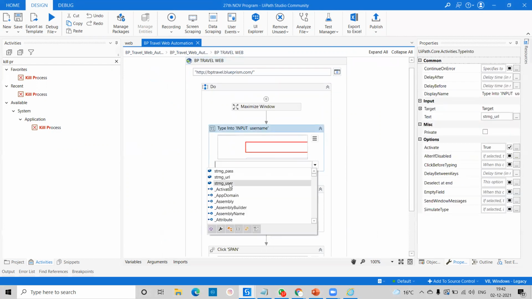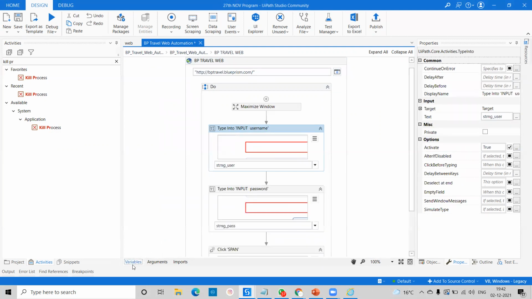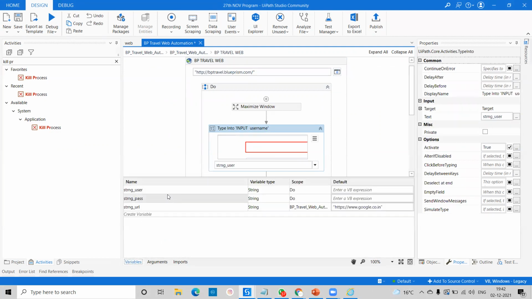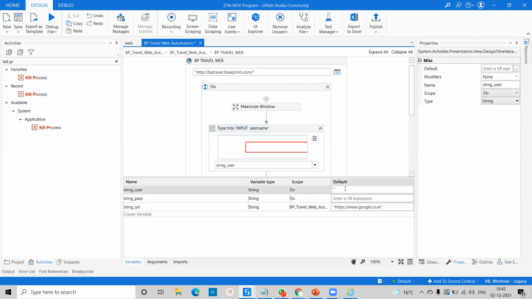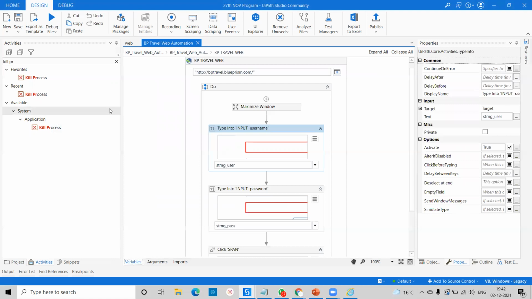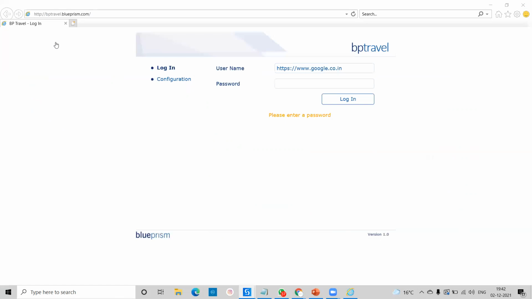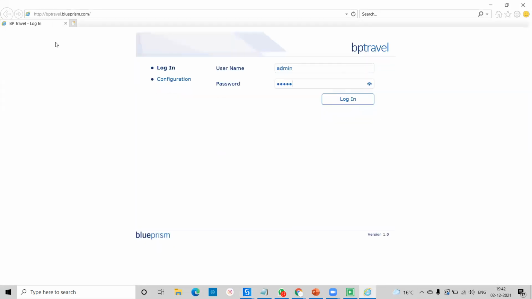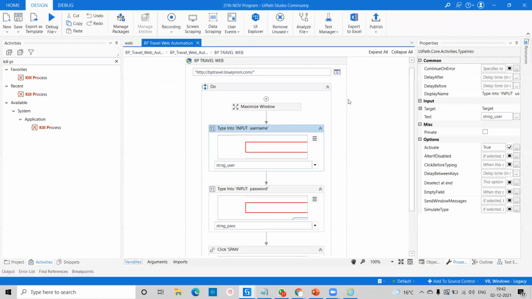You have to pass this string user. So user we have passed here. Whatever data you're going to pass, automatically it will work. The default value we have passed is the same, whatever we have automated, admin, and here also we'll pass admin. If you pass the URL, it will take your URL and work. Your password is fine right now. Let me check. So Kill Process is going to close your browser, that is your Internet Explorer, and right now it will go for admin and click on login. Okay, so right now it's working.